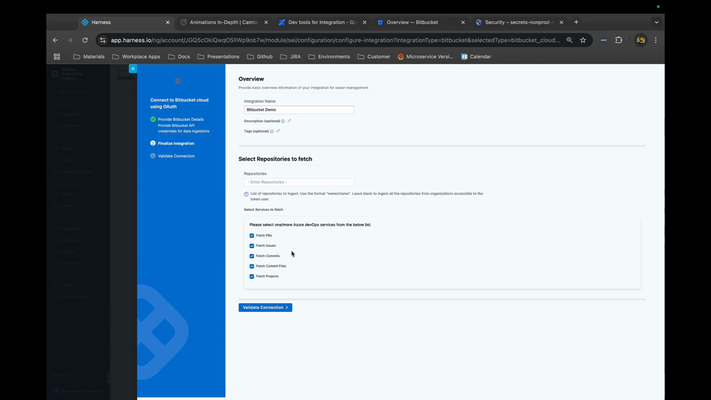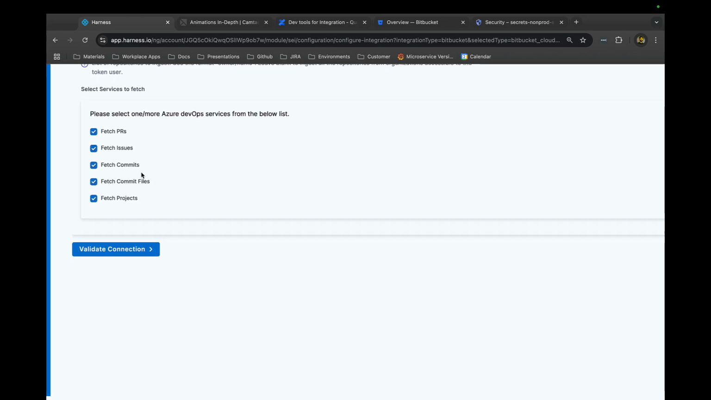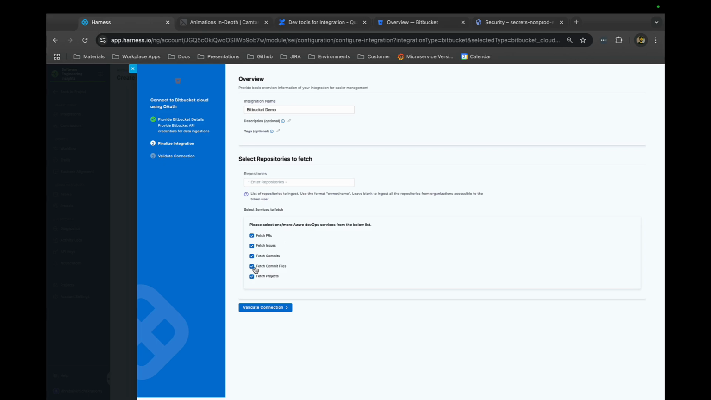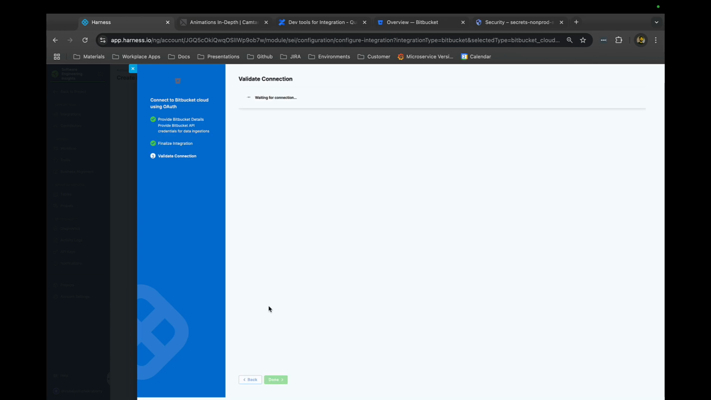Now, another important step would be to specify the details that you want to ingest as part of this integration. That is, for example, in case you want to ingest pull request data, issues, commits, commit files, or projects. Now, in case you don't want some of this sensitive data to be ingested into the system, you can easily go ahead and uncheck them, and this will not be ingested as part of the integration ingestion. The next step would be to click on validate connection, and